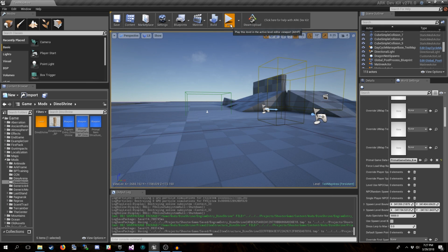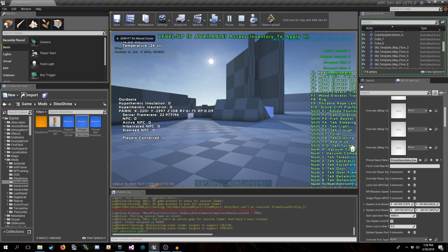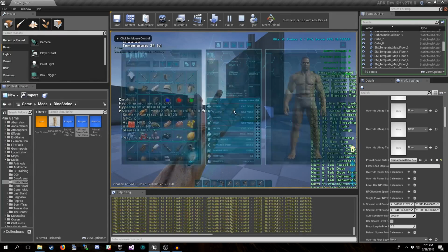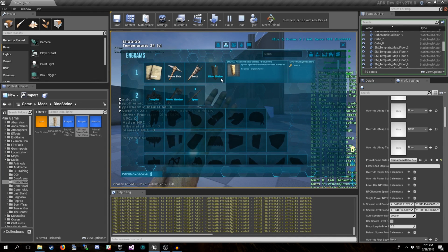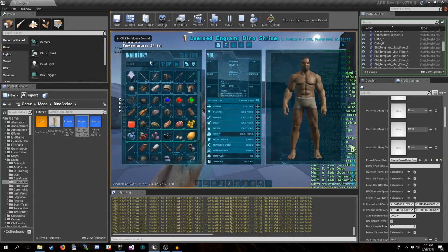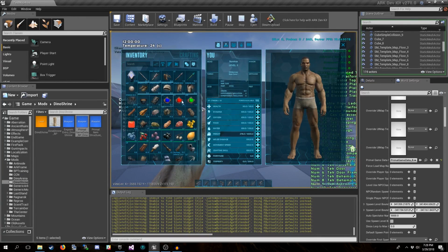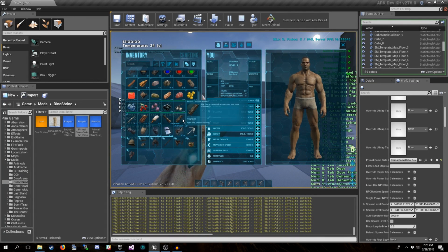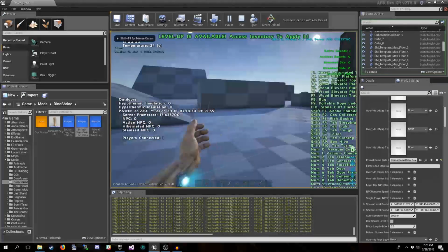And we'll try it again. So again, we're in. I will give myself some experience. Open up the inventory. Add a level. Engrams. And oh, there it is. Dino Shrine. And it's learnable. There we go. So can we craft it? This is the next big question. We cannot because we don't have any thatch. I thought there was thatch in the default test inventory.